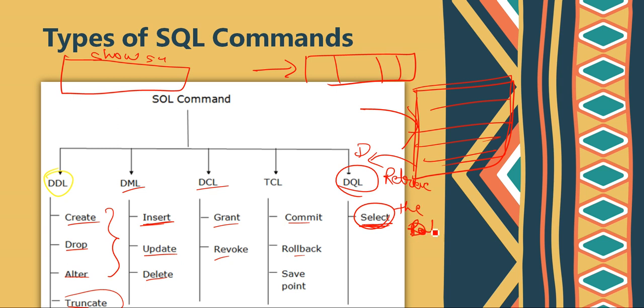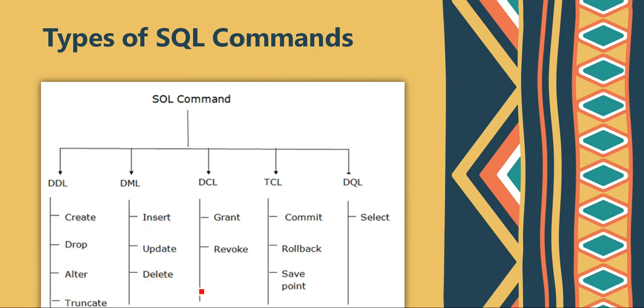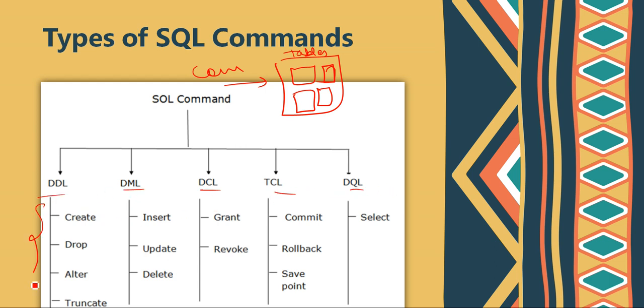So for now, let's just think that we have different kinds of commands which we give to our tables, and based on those commands, our tool is going to perform some operations, right? These commands are divided into multiple categories, and we are going to look at each of them one by one. Okay, that's it for today. We are going to look at each and every one in the next class.